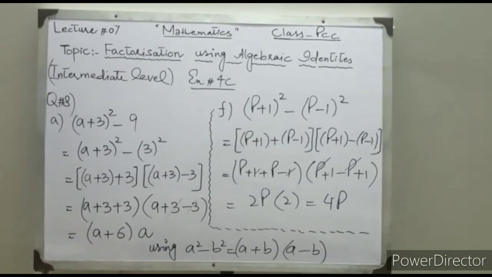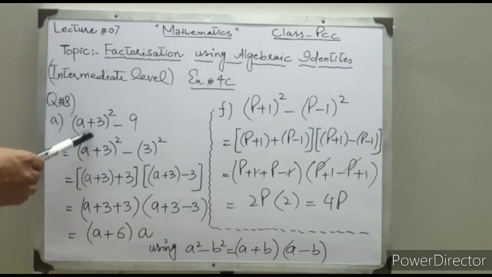Students, now question number 8. Question number 8 is a little bit difficult, but if you have the concept of the three identities, then you may solve each part of question number 8 easily. Now question number 8, part A, which is (a plus 3) whole square